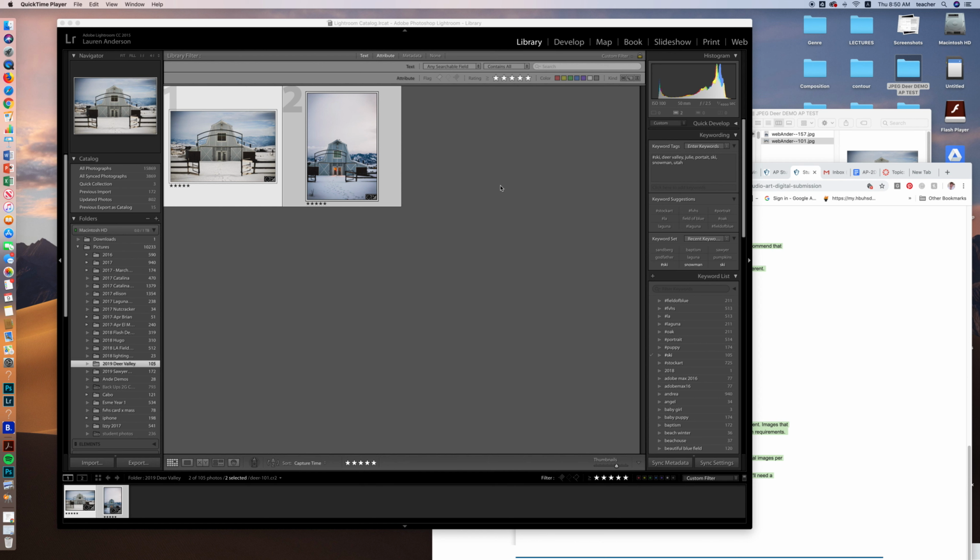Hello, this is Miss Anderson, and this is how to process your files for the AP 2D Design portfolio using Lightroom. So if you want to use Lightroom to take all your beautiful high resolution images to make them web ready to upload to the AP 2D Design portfolio, what you're going to do is you're going to come into